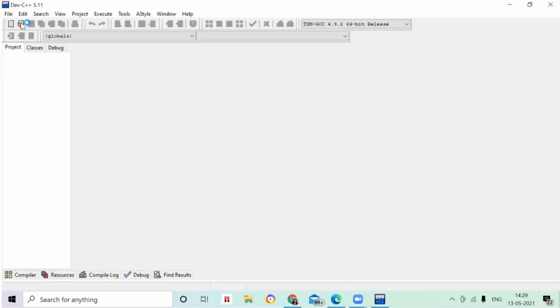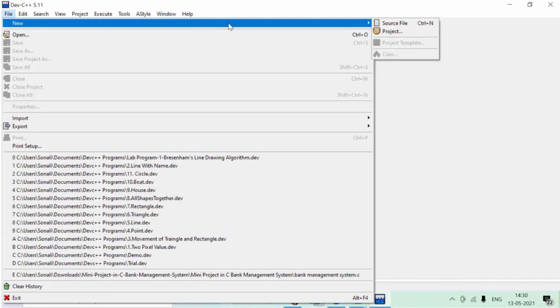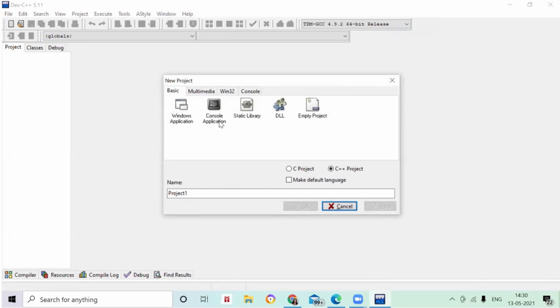Okay, so you are going to click it. First we are going inside Dev C++. Already I have written the program. Suppose you have not written the program, you have to go to New, then to Project. Select your console application, then go for your C++ project, then give your project name over here. Then you press OK. Fine. But I have already written the program, so I'm just going to open it directly.